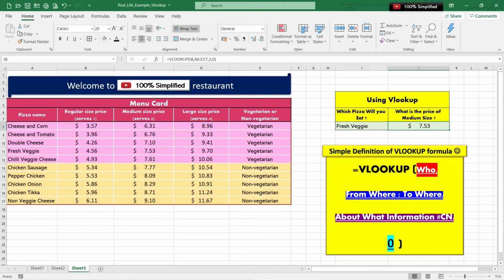So this is how you actually apply the real life example to your Excel, and I hope this was very useful for you to understand VLOOKUP, and trust me, you will never forget VLOOKUP now onwards. So just repeat this video again and again, and also connect with the whole point which I was trying to make in this entire video, that we use VLOOKUP in our day-to-day life, and we don't even realize it. It's so beautiful that we don't even realize the usage of the VLOOKUP function in our day-to-day life. So I hope you really liked the video.